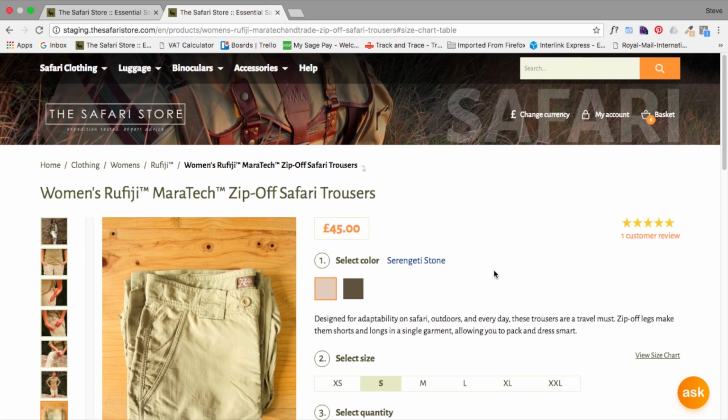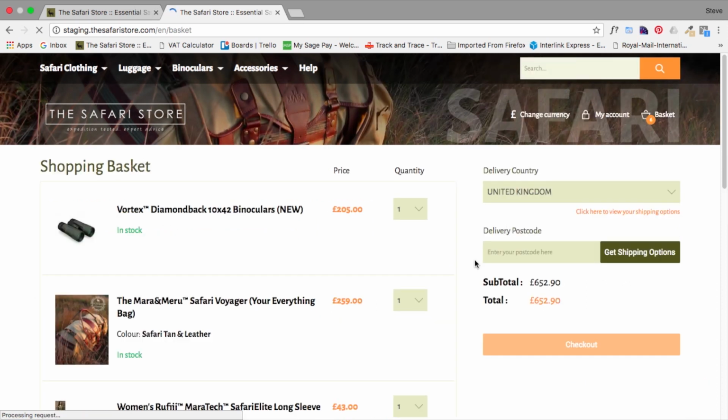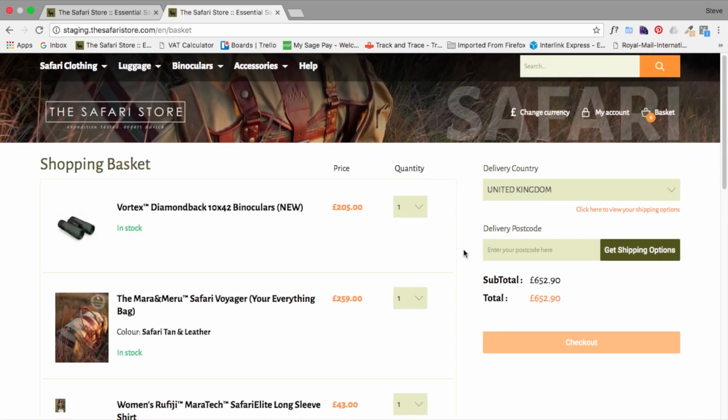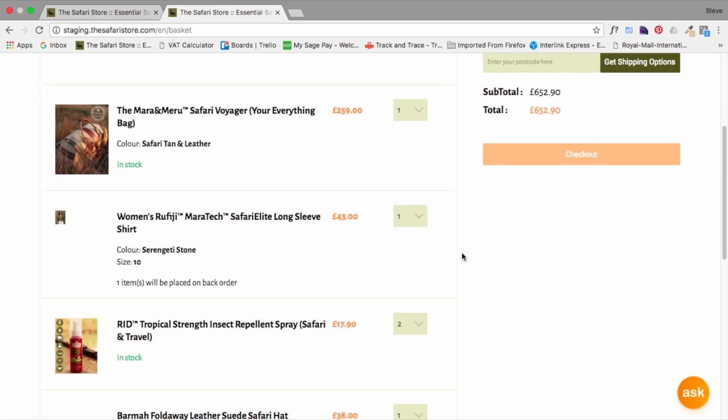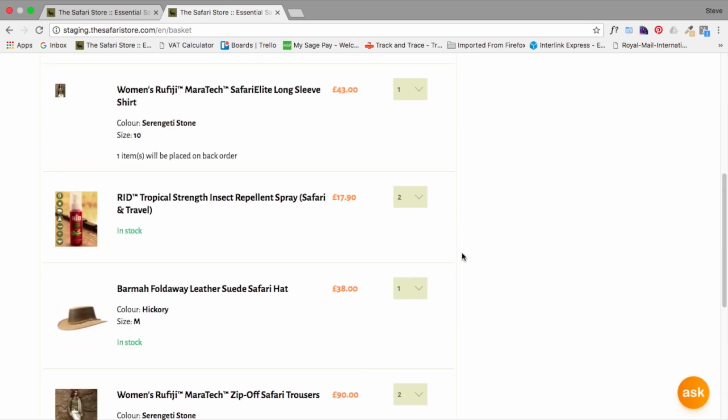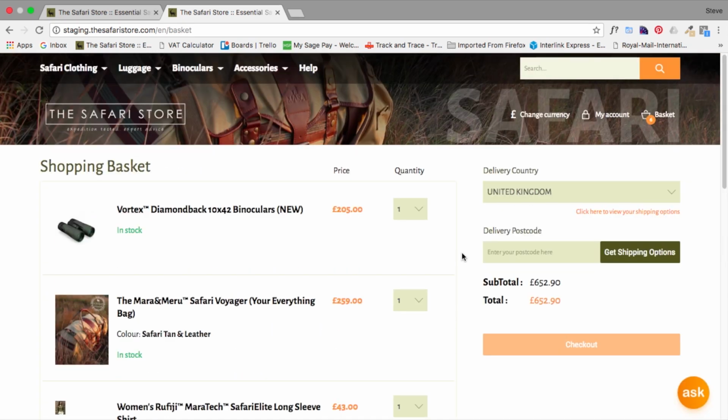Step 3 is going to our checkout. To get to the checkout, click on the basket link, and here you'll see all the items that you have ordered or selected on our site. Double check that all the items are correct and that the sizes are correct, and once you've done that, then